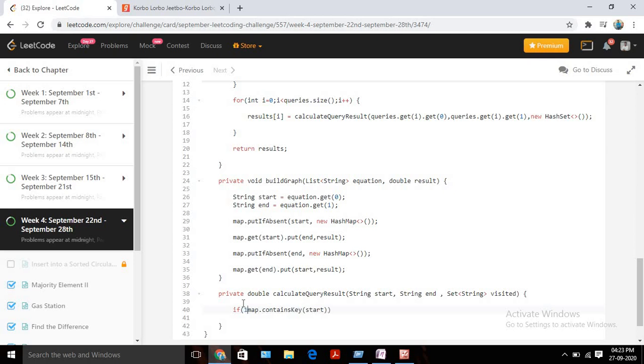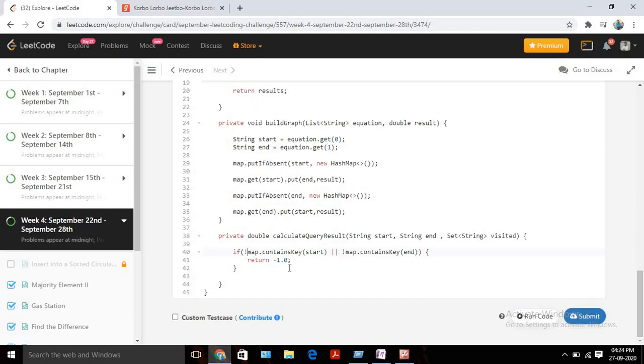If it does not contain it, then we can return minus 1, and we can check similarly for end also, map.containsKey(end). If these 2 values are not present, then we can return minus 1, so that means it's not possible. We are returning minus 1.0 here if the start and end are not in our map. Okay, so this will be our first condition.